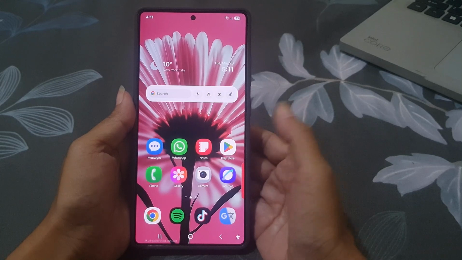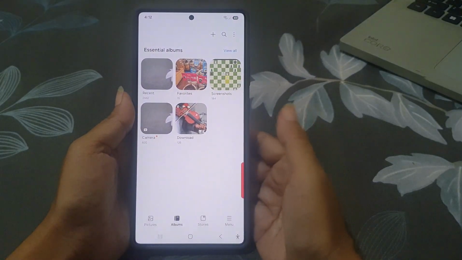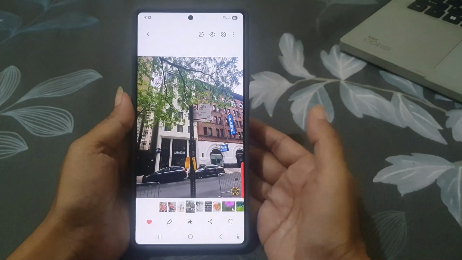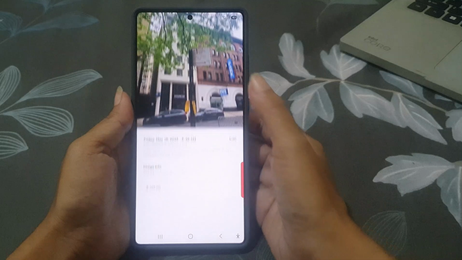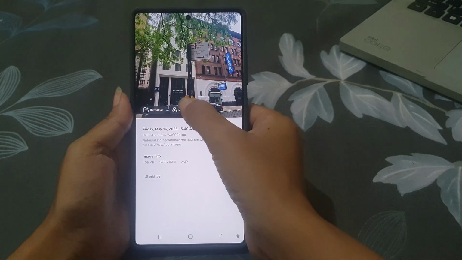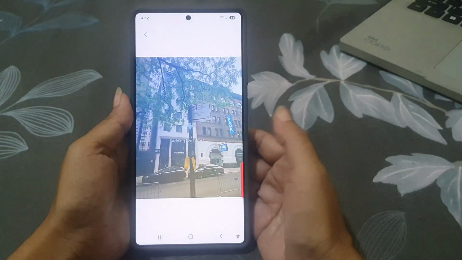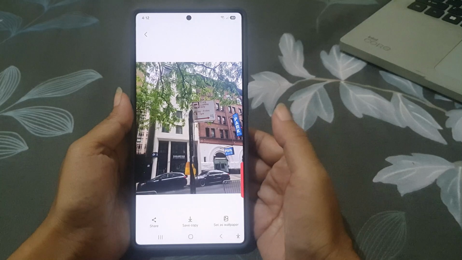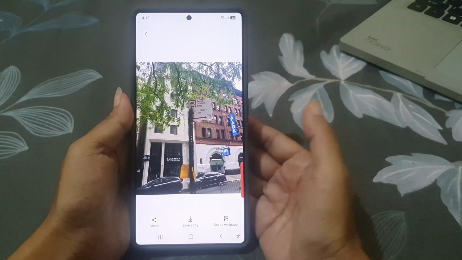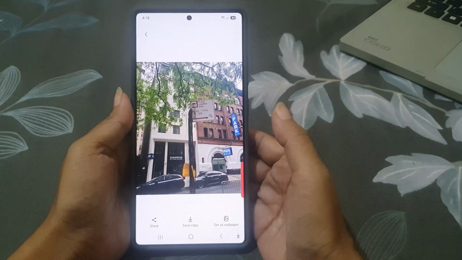First, open Gallery app and then choose a photo. Now swipe up on the photo. Look for the live effect button. If you see it, tap it. Your phone will use AI to add a live effect to your photo, but sometimes the live effect button might